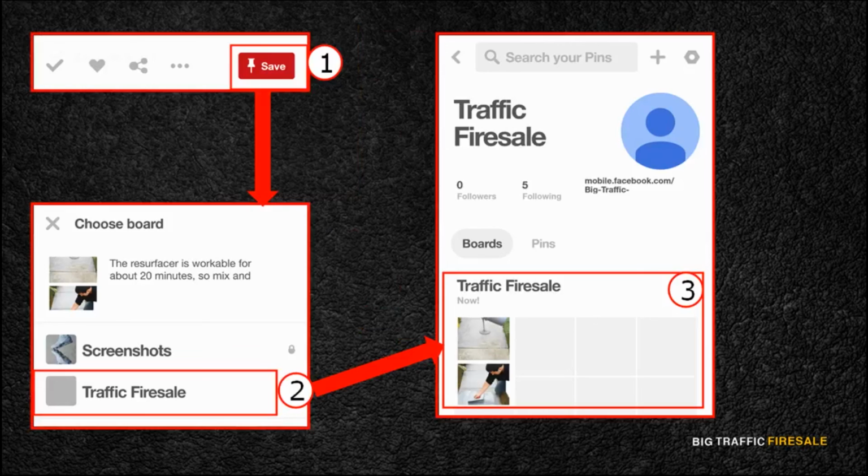Next, choose your preferred board to put that pin into. If it falls under your one-stop recycled store, for example, click on that board and a notification will pop up notifying you that you've successfully saved it. Sometimes you receive a prompt if you want to save other pins. You may do so, but if you don't, click the X button on the top left corner of the prompt